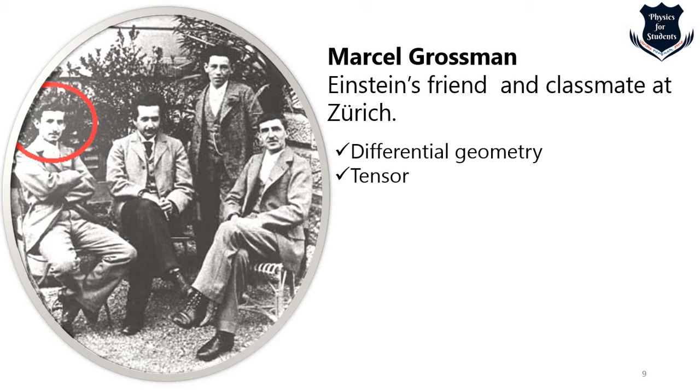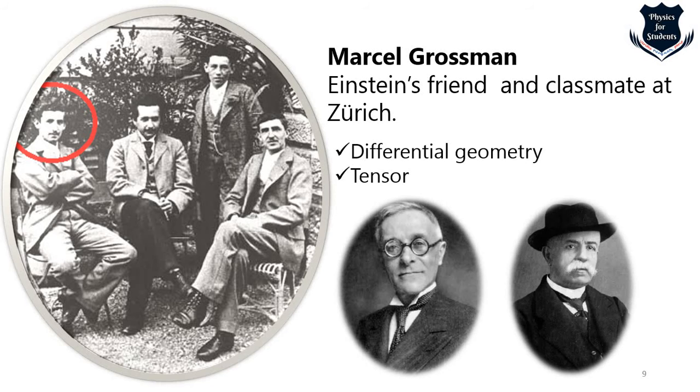And curvature of space-time, or curvature of space during that time, was only handled by tensor, which is a part of differential geometry. And these two gentlemen, right at the bottom of your screen, Tullio Levi-Civita and Gregorio Ricci-Curbastro, independently developed the concept of tensor. We will see how Tullio Levi-Civita's connection with Gregorio Ricci-Curbastro actually helps Einstein for a better understanding through mathematical equations. You can also look over a book which is called Einstein's Italian Connection. It's a nice book, right? So what I mean to say is that